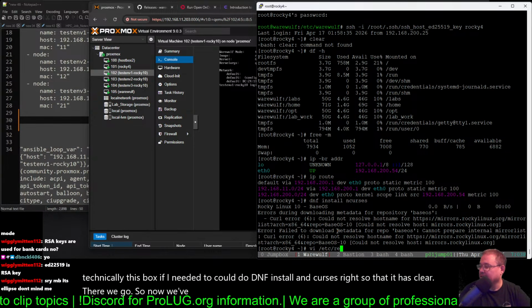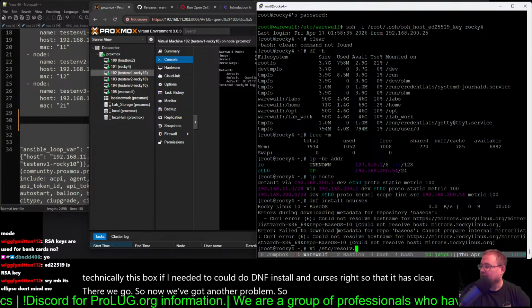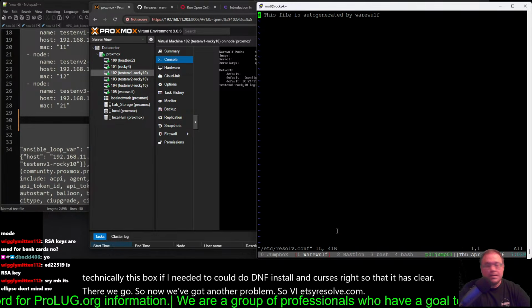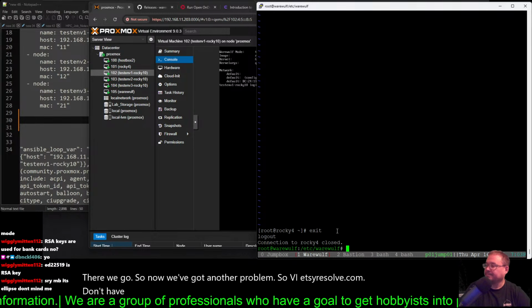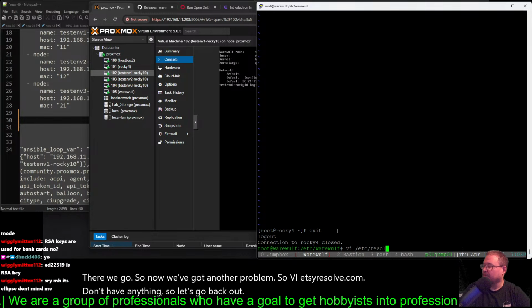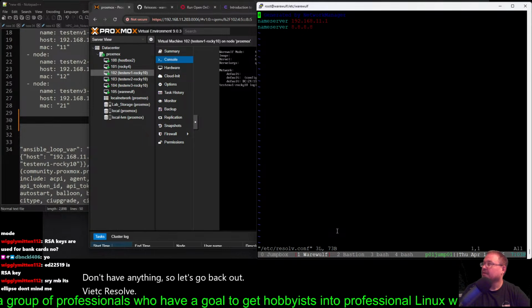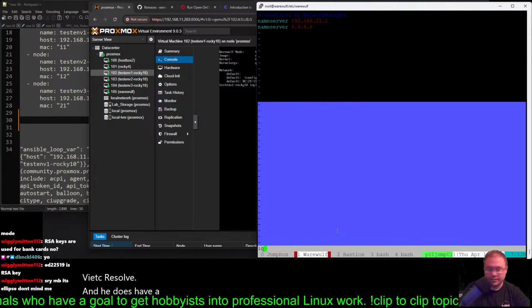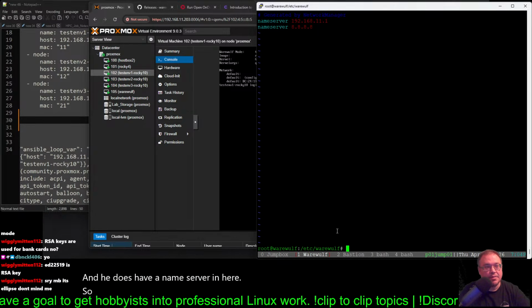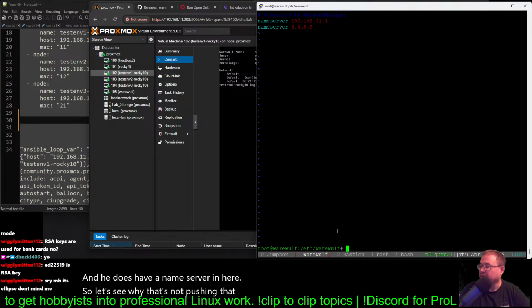So vi /etc/resolv.conf. Don't have anything. So let's go back out. vi /etc/resolv.conf. And he does have a name server in here. So let's see why that's not pushing. That should be pushing out to those nodes. So it's